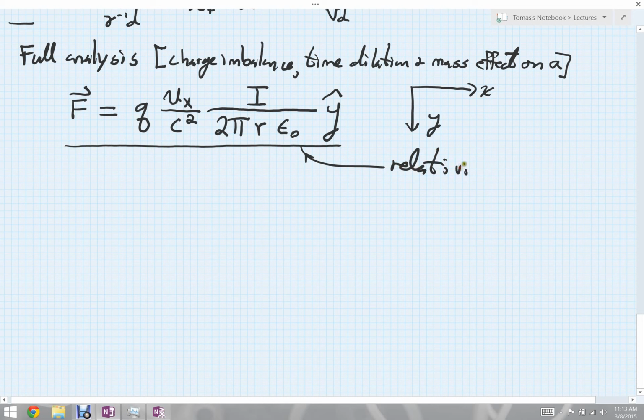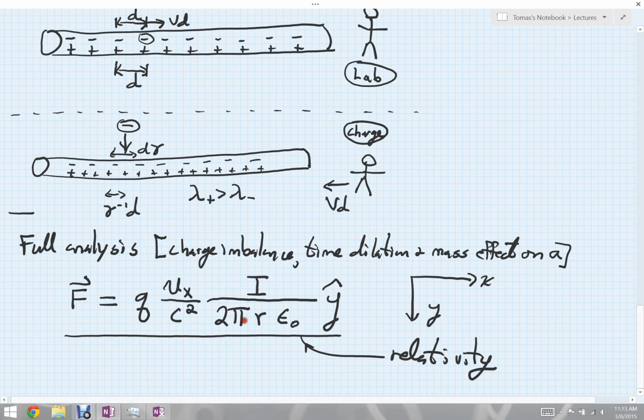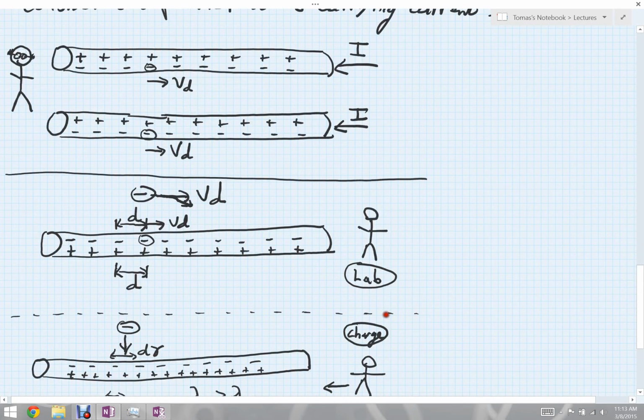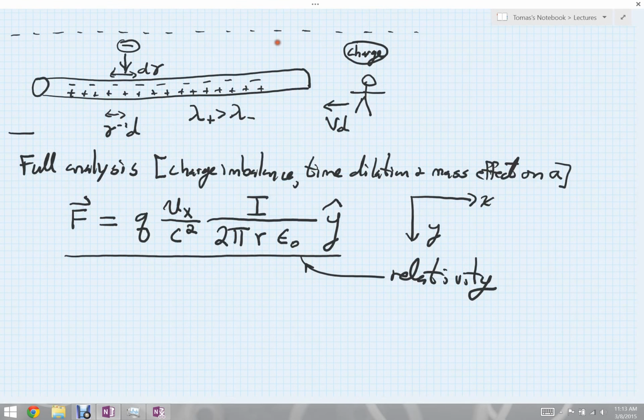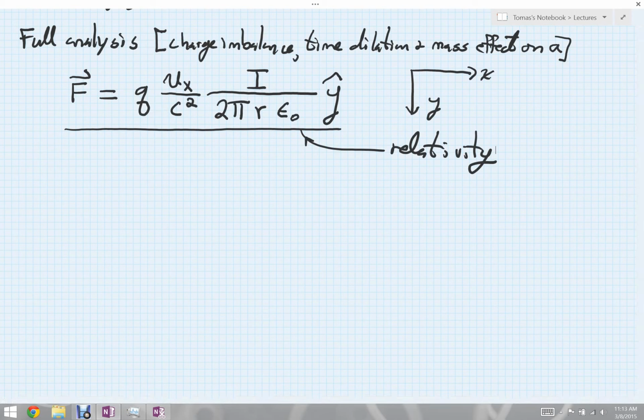Now, it turns out that this phenomenon of these wires actually being attracted to each other due to this length contraction effect was discovered long before people understood relativity. They just observed it as a mysterious force that occurs in the laboratory whenever you have two parallel wires carrying current, that these wires would be attracted to each other with a certain mysterious force. So there was an empirical observation of this originally. They had no idea what the origin was, and that it had something to do with an electric field effect